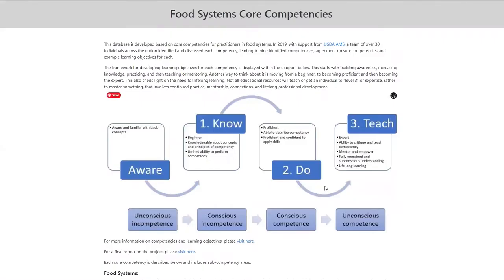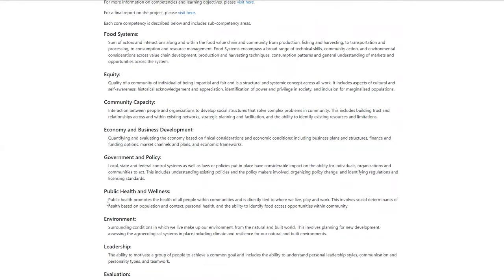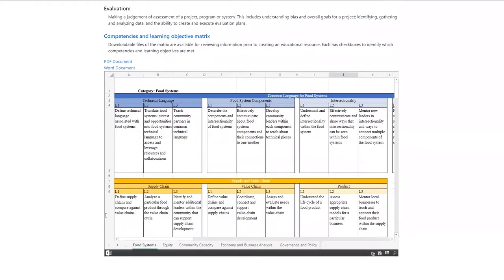The Competencies tab details how the national team determined food systems competencies and the breadth of categories that exist. There are various categories, themes, competencies, and learning objectives identified. Why this is important is because in addition to showing the breadth of areas that food systems can touch, this is also the platform used to share about your educational resources. It may be helpful to download either the Excel, PDF, or Word document and think through what your educational resource teaches before filling in that profile.